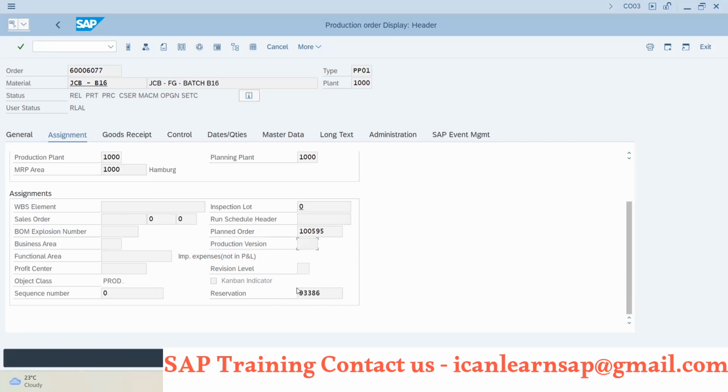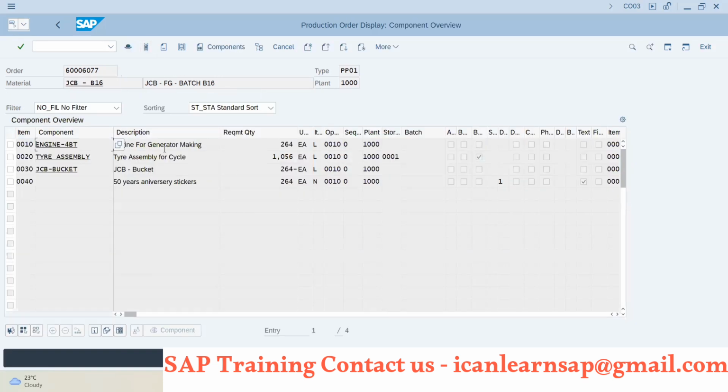Now, what is reservation? Whenever you create a production order, the BOM components are going to get locked. For manufacturing 264 JCB, we require 264 engines. If available in stock, these 264 engines will get blocked against this production order.